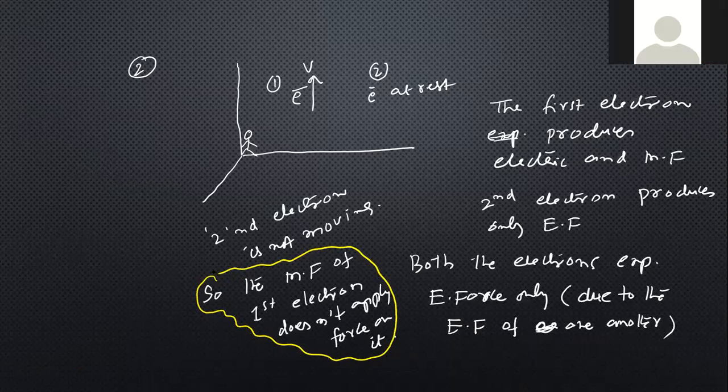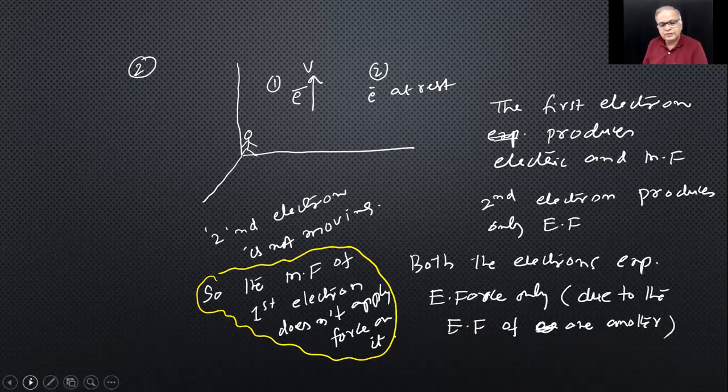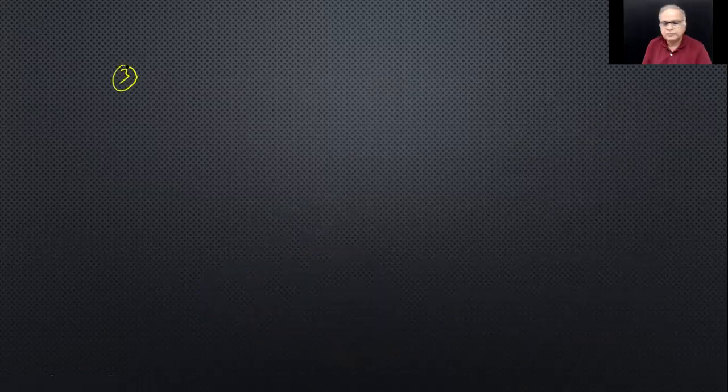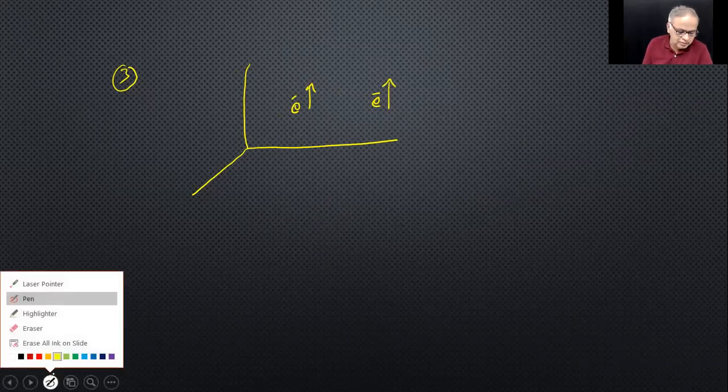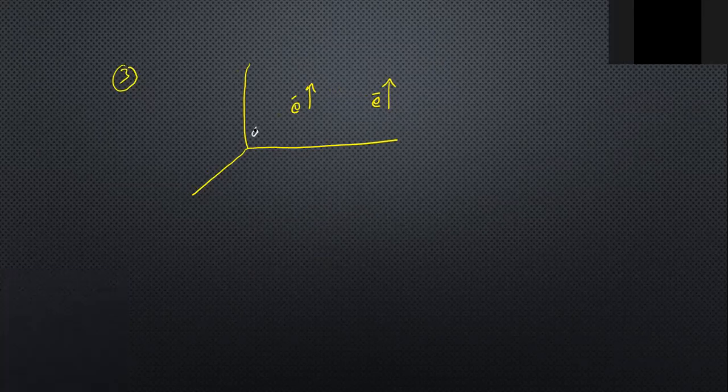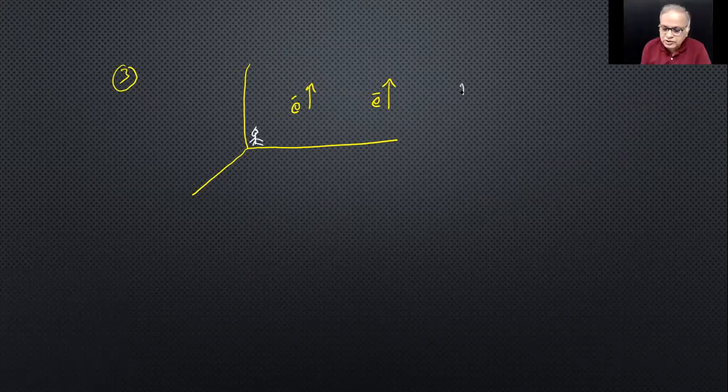So I'll go to the next question, next slide. Right. Third example. Now I'm watching two electrons which are moving. One is going that way, the other is also going that way, to make it simple. Now, same question, you answer. Pavani? Sir, they will produce electric and magnetic fields. So both the electrons produce